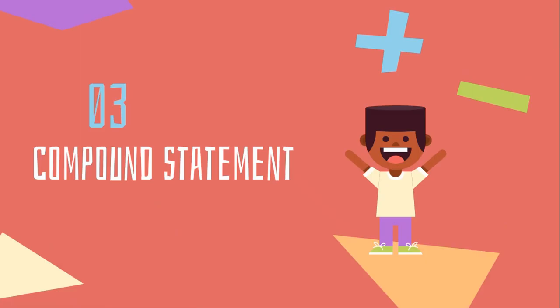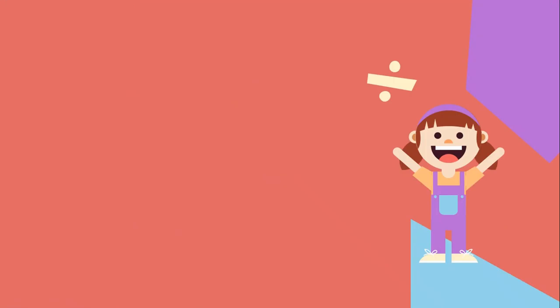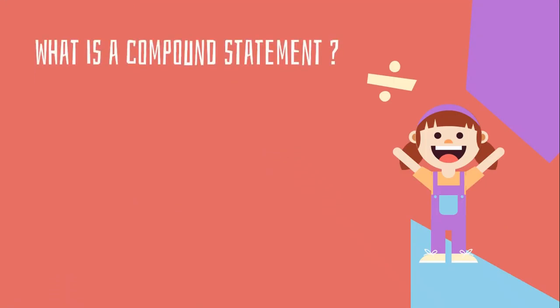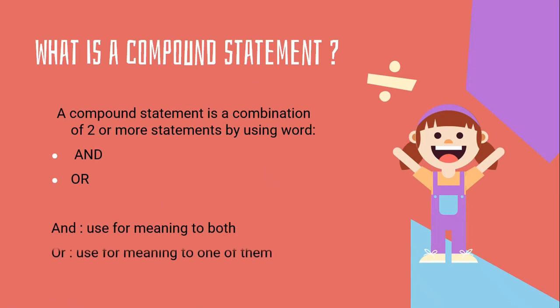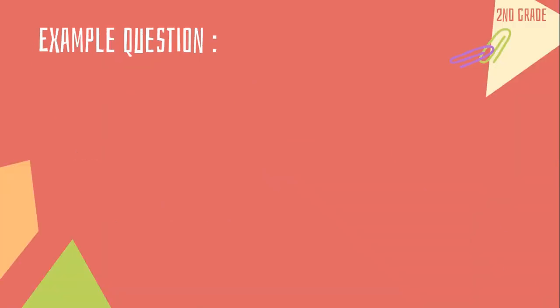Move to the next component, which is compound statement. What is a compound statement? A compound statement is a combination of two or more statements by using the word and or or. And is used for meaning both, while or is used for meaning one of them. So example question,